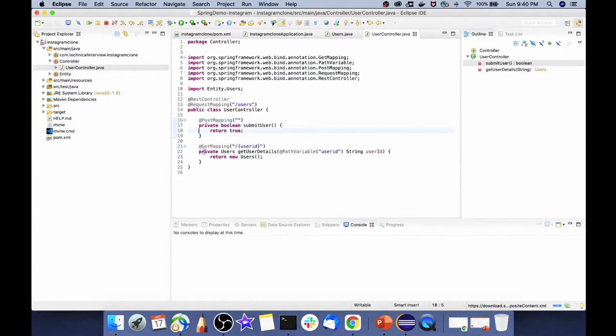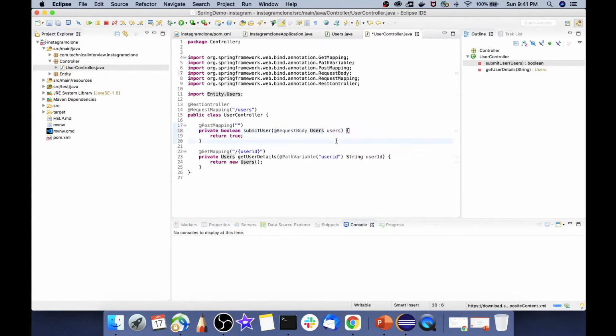So over here we are done with both the post as well as the get URL. The only thing that we have to mention during the post mapping is the parameter that we will be passing during the request. So while submitting the form, we will be sending the user metadata in the request body. So over here we will be mapping the request body into our parameter. Thus we have successfully built our first controller, that is for the user.